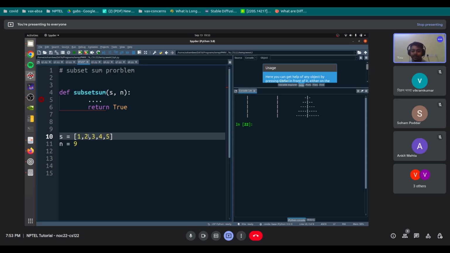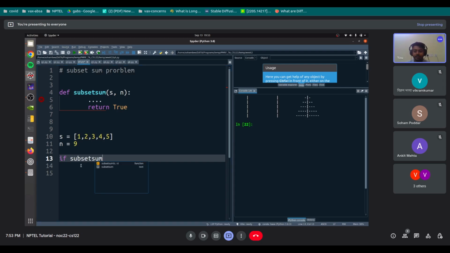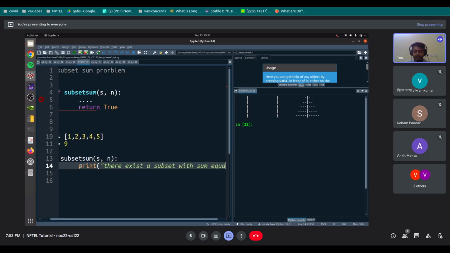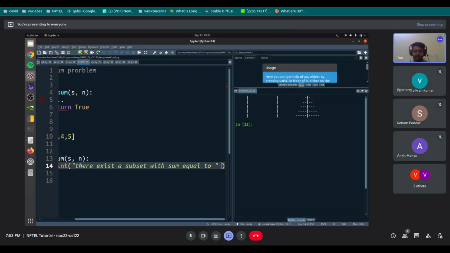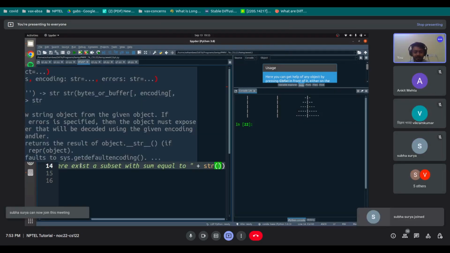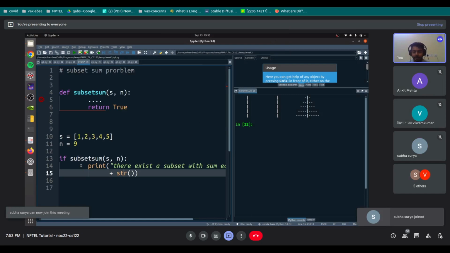Let's just keep it like this. So we have a set and a number n, and we want to see if there is a subset of S with sum n. Then we need to print there exists a subset with sum equal to n, or whatever you want to write,